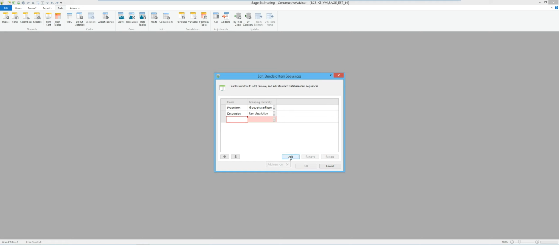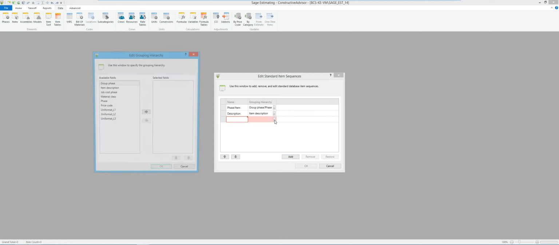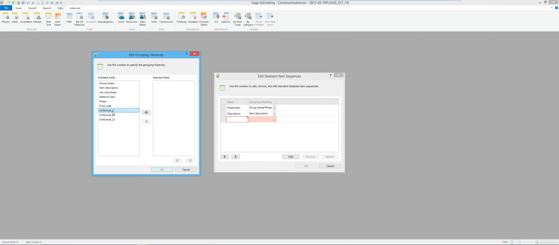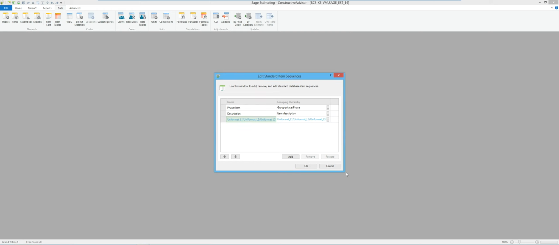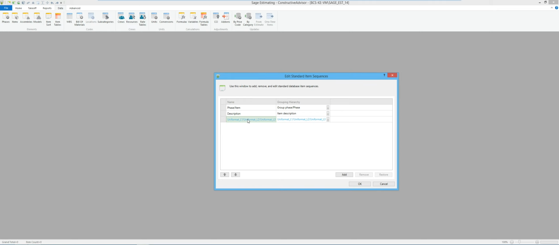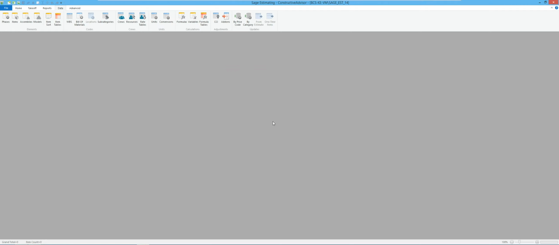And I'm going to set up a new one where I want it to sort the database by level 1, 2, and 3. So this is where I could give it a shorter name if I wanted to. I'm just going to leave it at that, so that way I can tell this is sorting first by level 1 and then 2 and then 3 and things of that nature. So that's going to go off and re-index some of the database, so that way when we go do takeoff, we'll have the choice between how we want to view that in the list.